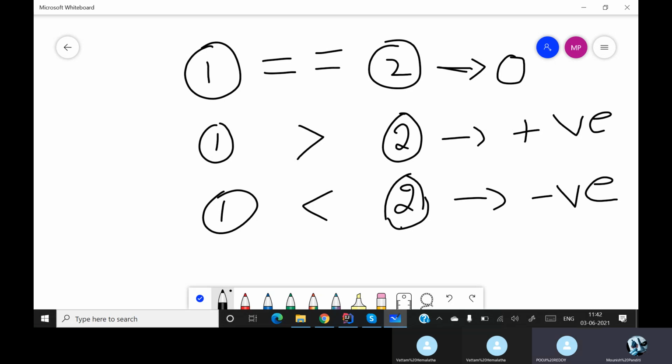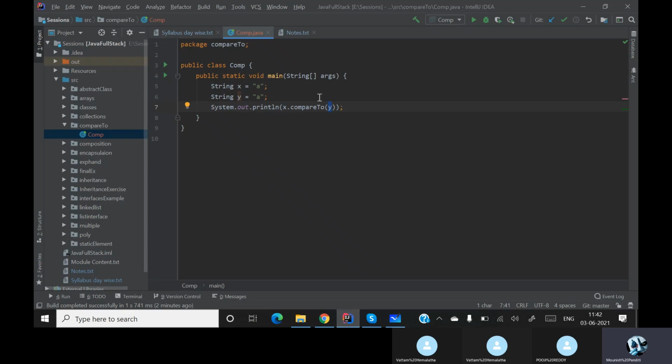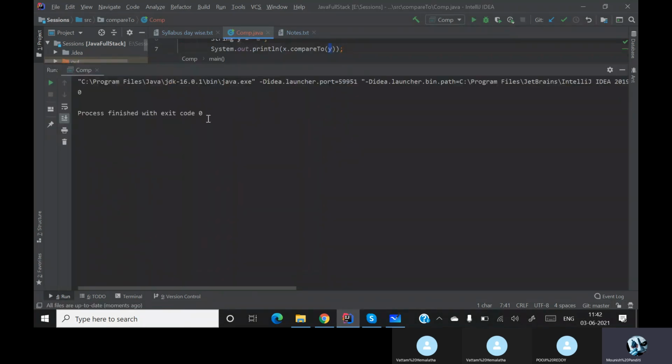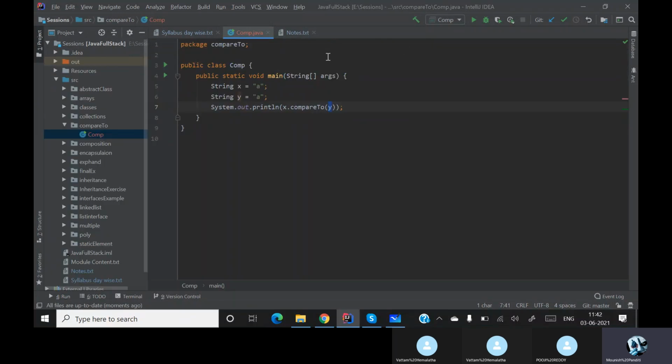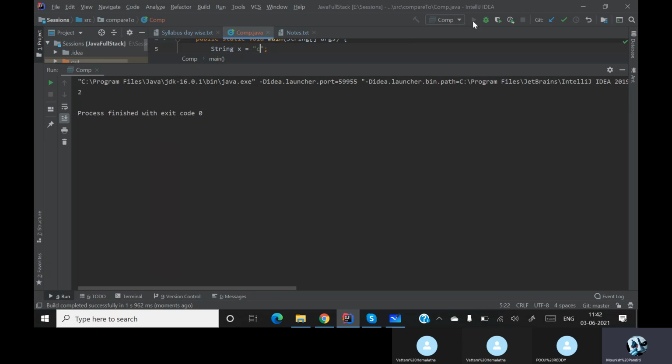Yes, sir. Okay, let's go back to our IDE. Here now it is a and a. When I run this, obviously we'll get 0. Now if my part 1, that is my x value, becomes c, and I run this, you will get any positive value, not necessarily 1. Here I am getting 2.